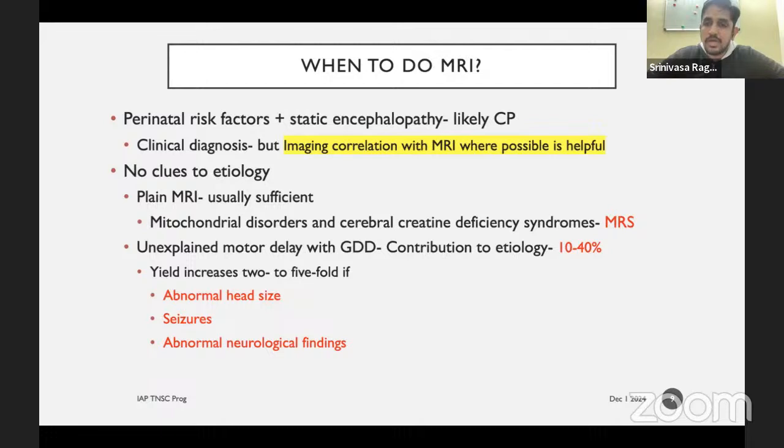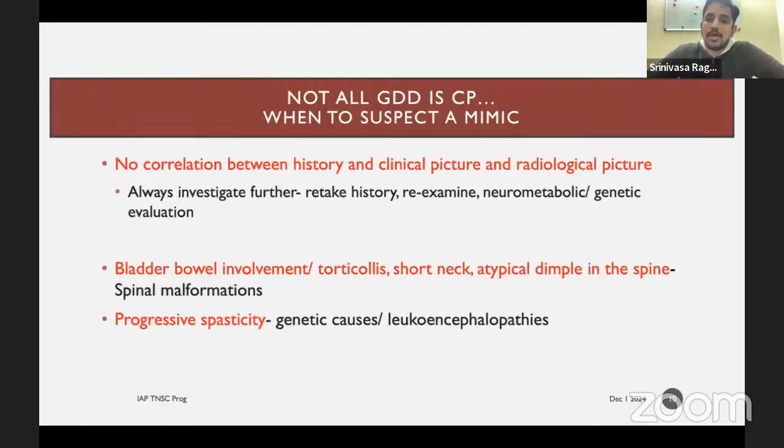So do an MRI if there are associated neurological features, epilepsy, or microcephaly or macrocephaly, so that you will get a better yield. And as we already reiterated, not all global developmental delay is CP. You have to suspect disorders that can mimic CP in conditions where there is no correlation between the history and examination. Many a time, the child has had a slightly delayed cry at birth. Often, when we ask the history,